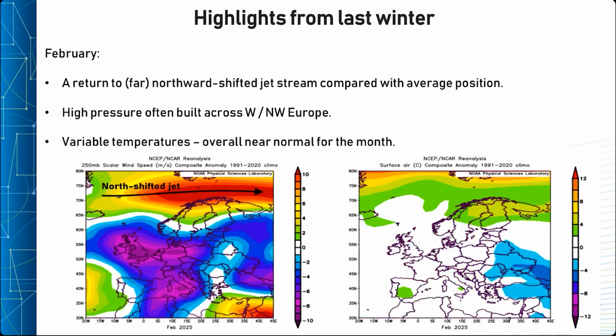In February, we saw a northward shifted jet again with milder than average conditions towards the Arctic and near seasonal values overall for the month as a whole across most of Europe. High pressure was often centered over northeast Europe and Scandinavia, and that led to far eastern and southeastern areas having some colder outbreaks around its eastern flank. Most areas, except the central Mediterranean, were rather dry.